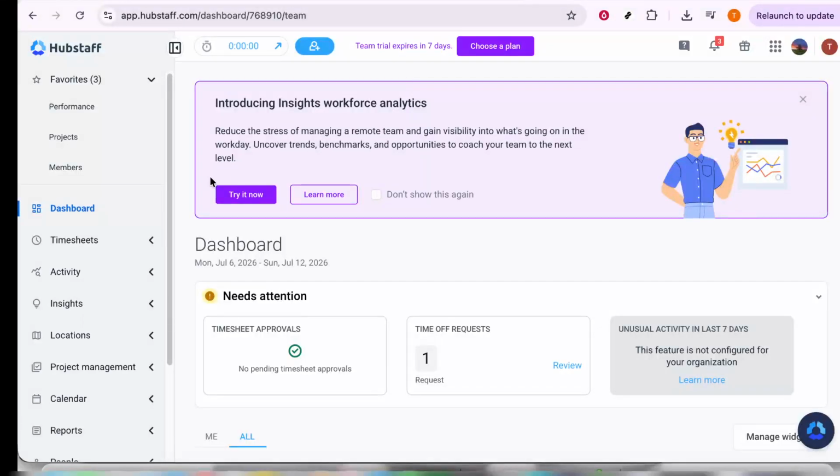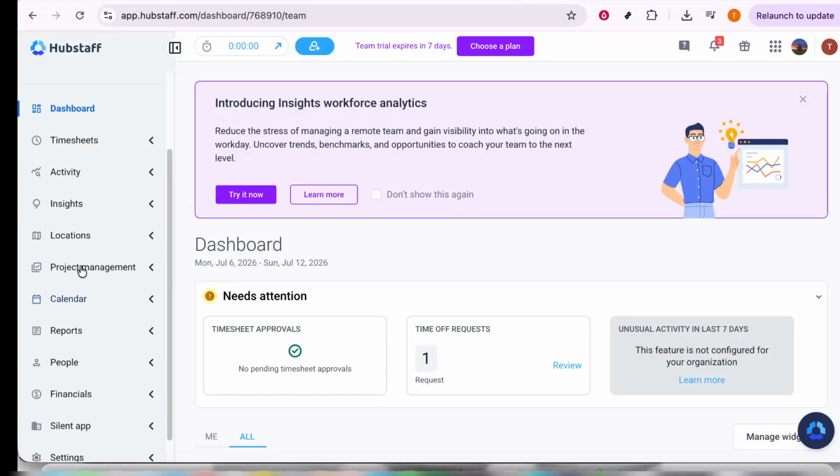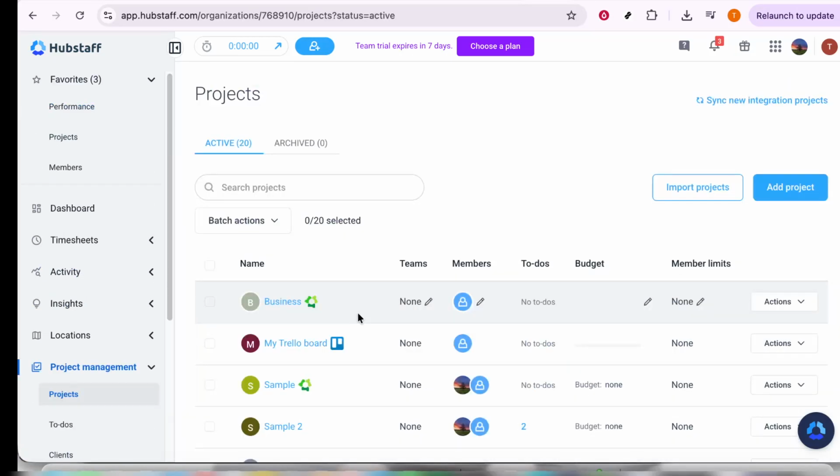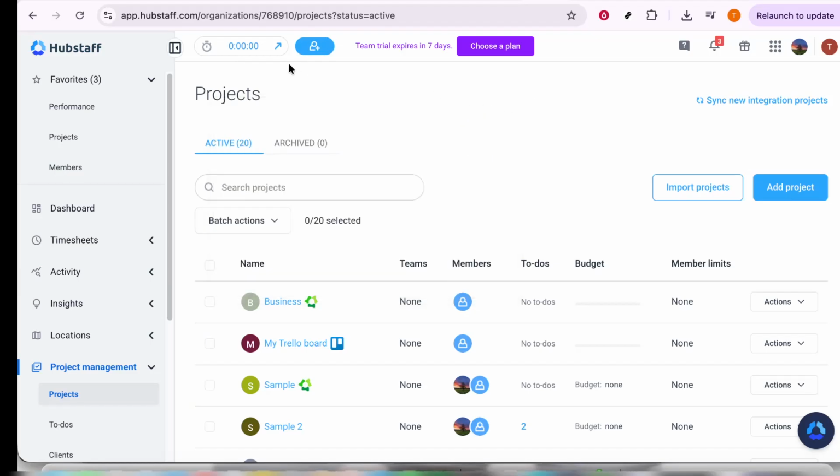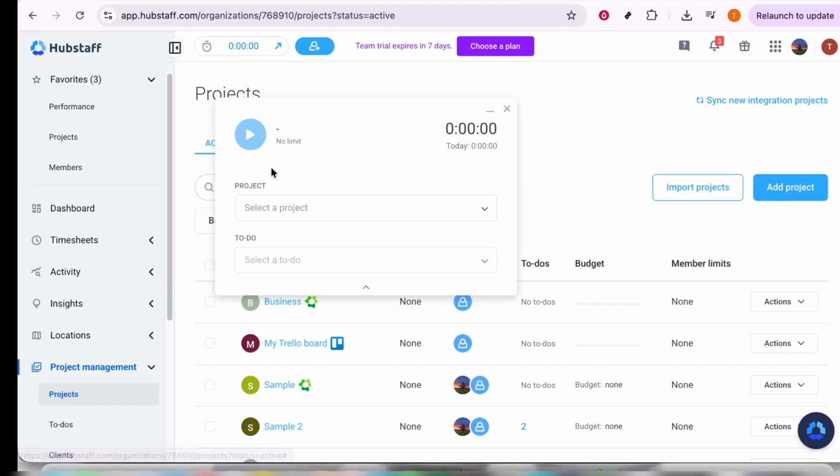In today's video, I'm going to teach you how to record breaks in Hubstaff. If you're already tracking time and need to step away from your desk for a few minutes, Hubstaff makes it simple to log that break without interrupting your overall workflow. Recording breaks properly can help keep your timesheets accurate and make sure your work hours and break time are clearly separated. In this walkthrough, I'll show you exactly how to start a break and then return to work when you're